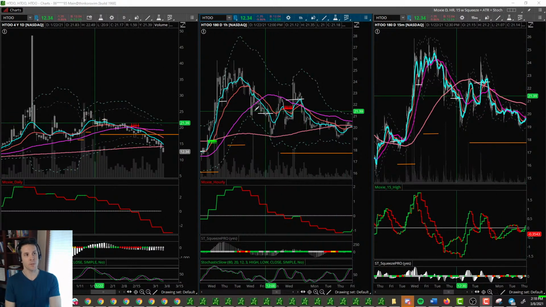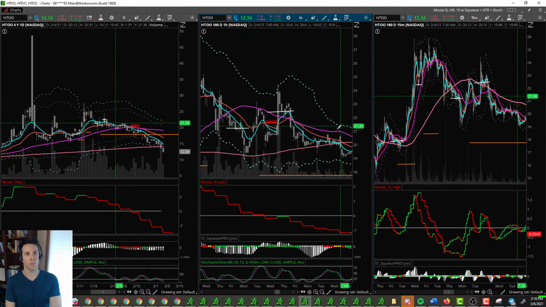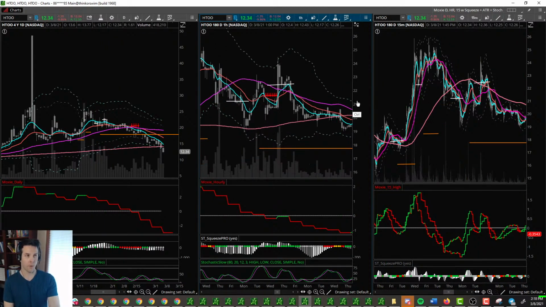And then mistake number two is straight up, I broke one of my rules, and it was here on the hourly chart. Notice that price was trying to move up across a downtrending hourly 50. And the hourly 50 is the magenta colored line. I was thinking, okay, I see it, but what I'm expecting is price to hold like this, and it'll bring the 50 with it. Well, it never happened. And actually, you look here, the Moxie indicator stayed below zero. It was close to going positive, but it wasn't.